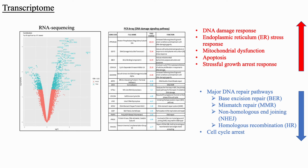In contrast, there is also a panel of genes with reduced expression, including genes responsible for major DNA repair pathways, including base excision repair, mismatch repair, non-homologous end joining, and homologous recombination. This transcriptomic change suggests that the combination should further enhance radiosensitivity of DMG cells, given radiation kills cancer cells by